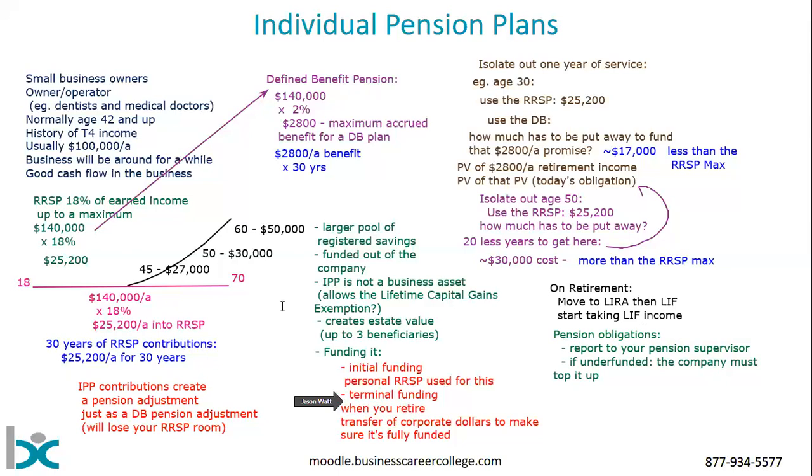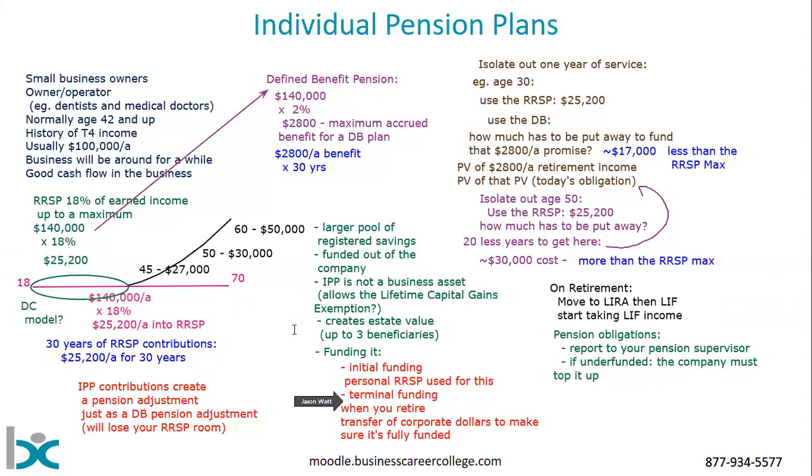But when the circumstances are right, and you can see that it's that fairly narrow set of circumstances, then it can work out well. And sorry, I know I said just one more thing. I'm going to show you just one more thing. And that is, traditionally, IPPs have been used where this defined benefit limit really supports it. But you'll see this now. You'll see some IPPs, and we're on the left side in the pink here, some IPPs that use a defined contribution model,